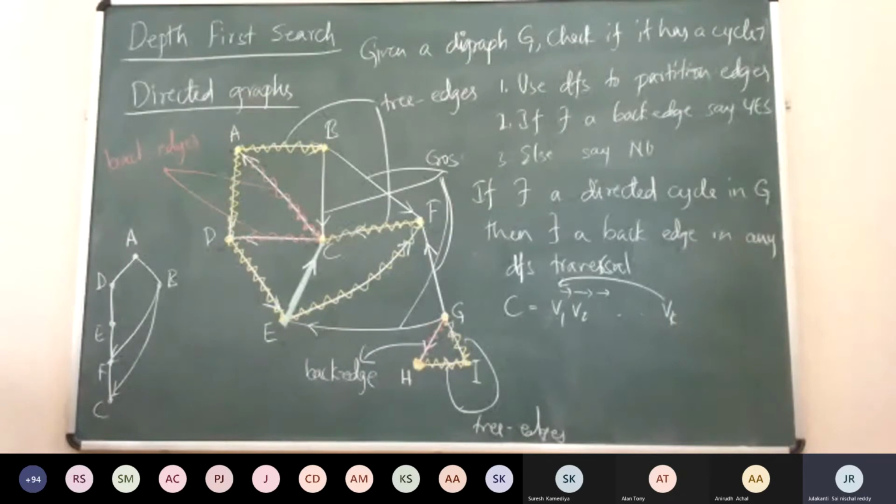And for cross edges, if it is from left to right, the connection will not be there, sir, because we are doing depth first search. I want to avoid this left to right thing, because it depends on how you draw the DFS tree, right? Can we talk without this geometry?